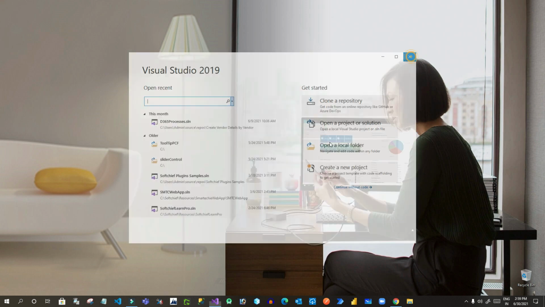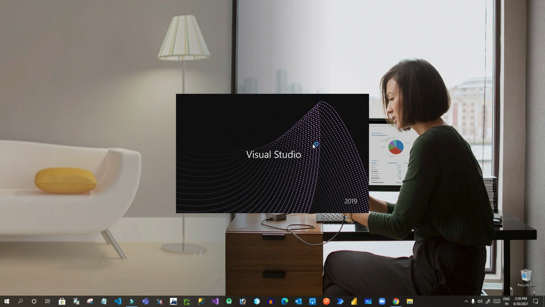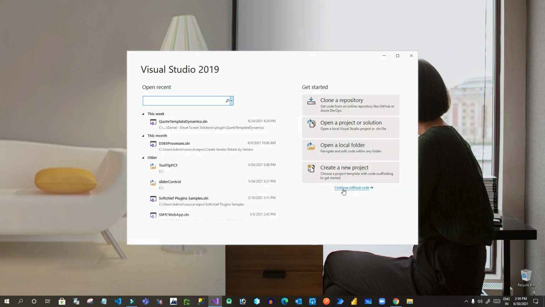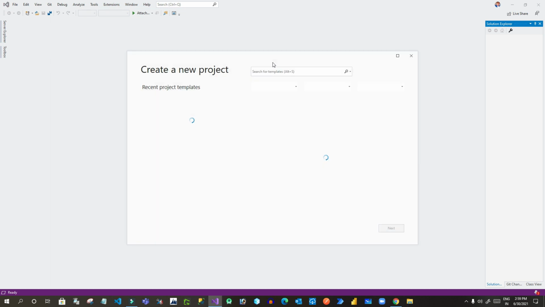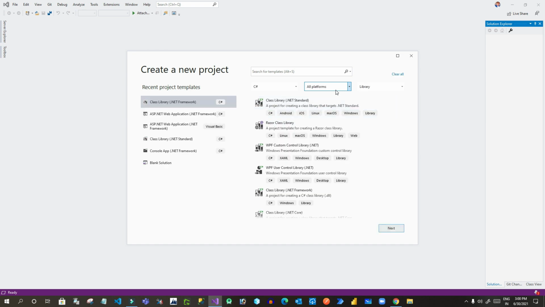So you have to open your Visual Studio first. This is my Visual Studio, and here just click on continue without code. Right, once you click continue without code, the interface will open, the Visual Studio interface designer. Here click on file and choose new, then click on project. When you click on new project, here you will search for a blank solution template. Okay, I just want to create a blank solution first, then I will keep adding multiple projects to that solution. Right, so click on the blank solution here.